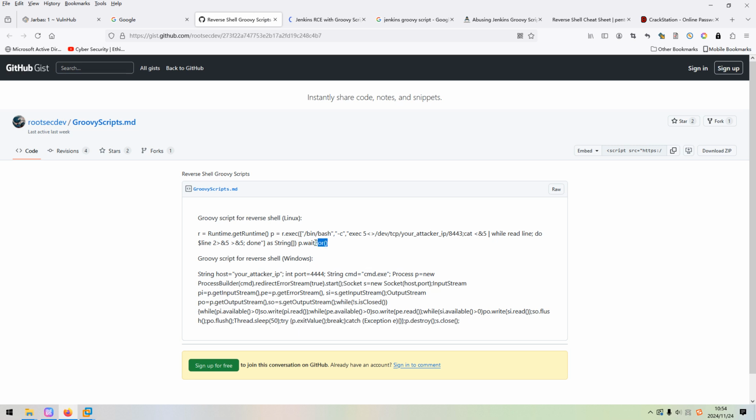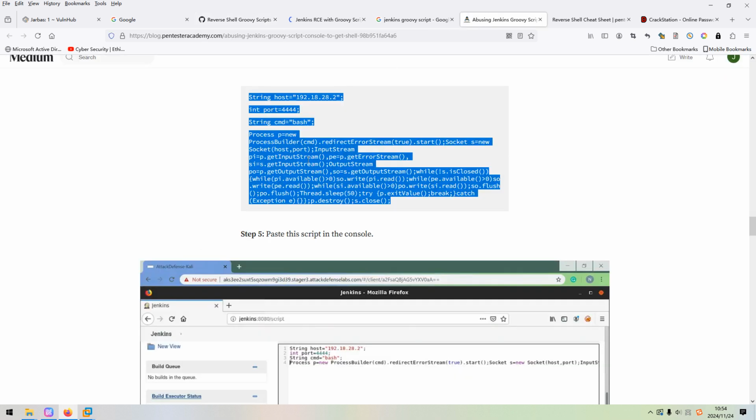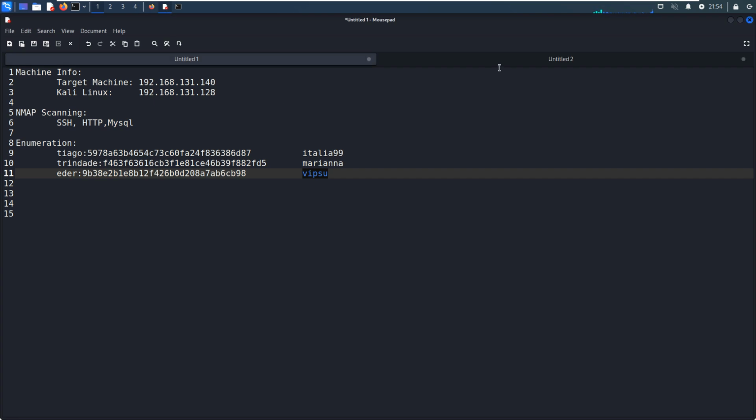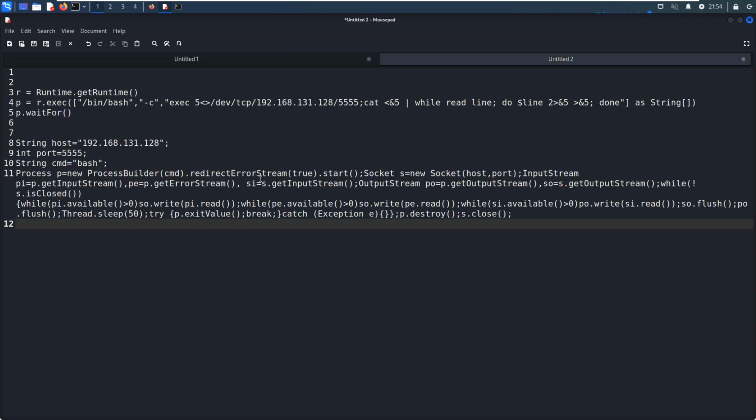To be honest, when I did the machine the first time, I tried to use this one, but this script doesn't work very well. And also, yeah, this one we can copy. Of course, I've already made a copy and pasted it into the notebook. You need to do some modification. You need to modify the host.